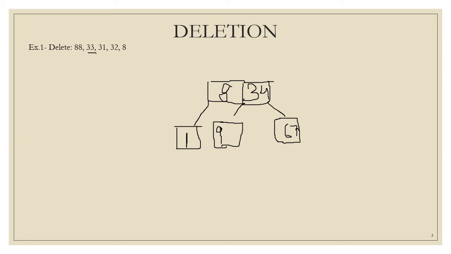Next, we have to delete 8. Now, if we want to delete 8, again there is a single parent and three children, and to avoid this violation, 1 and 9, as we can see, are both smaller than 34. Therefore we can take 1 and 9 and combine both together, and now this is our final tree after performing the deletion.